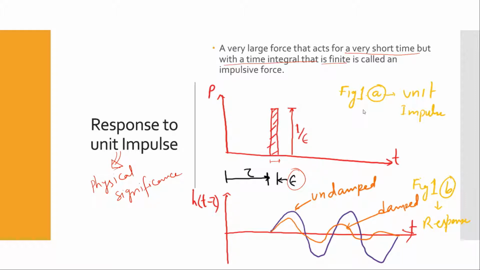Basically, suppose we are assuming a single degree of freedom system, and we may take two cases. We may assume that first this structure is pulled with a force, with a rope, and then suddenly the rope is cut from here. So what will happen? It will just vibrate left and right.